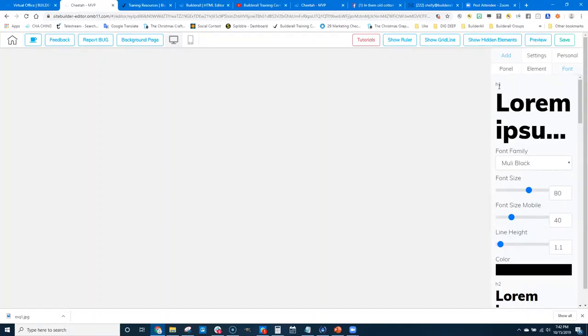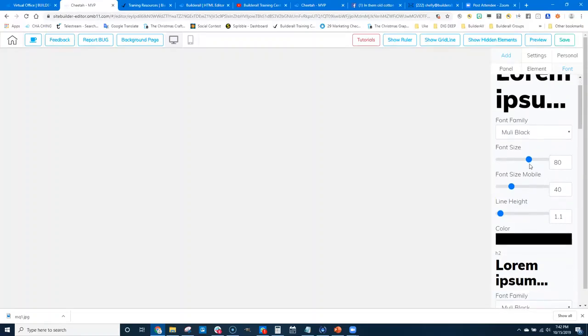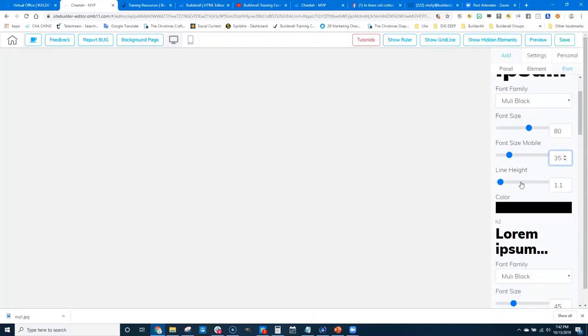So an H1 is really large text, and you can see it's pretty large here, and you can decide which font you want to use and how big the font size is. Here, this is a pretty good size for a font for an H1. And then mobile size, this is where you set the mobile size. If you want the size to be bigger or smaller, 40 seems a little big for me, so I would go down to about 35. And then the line height,